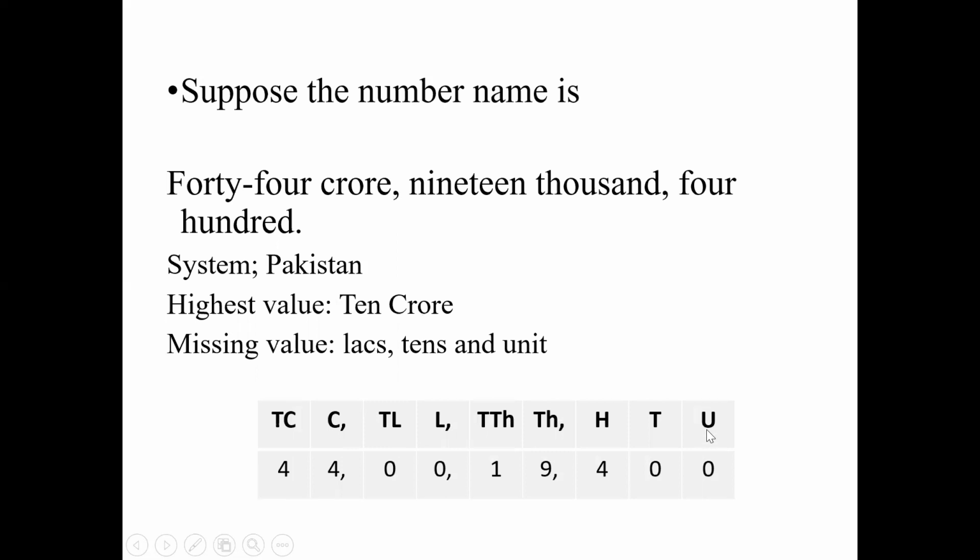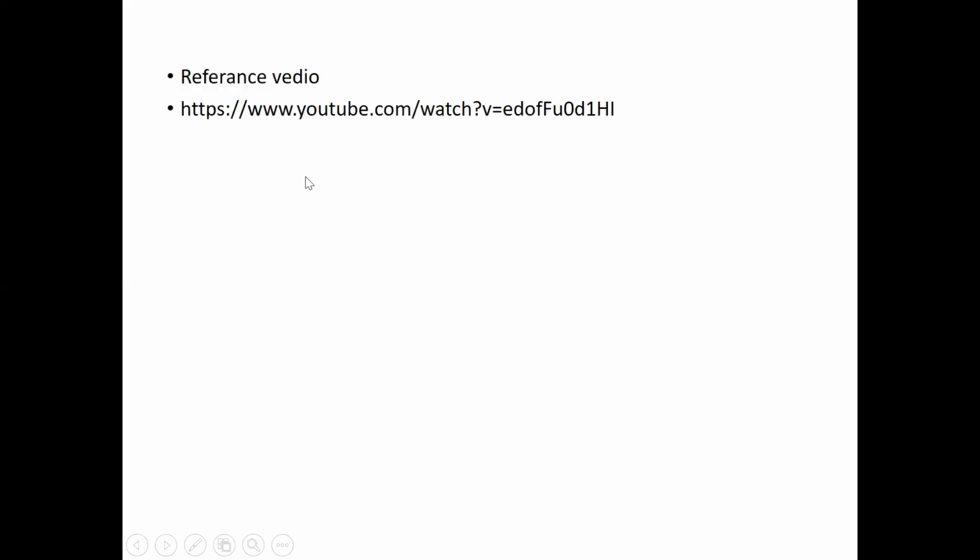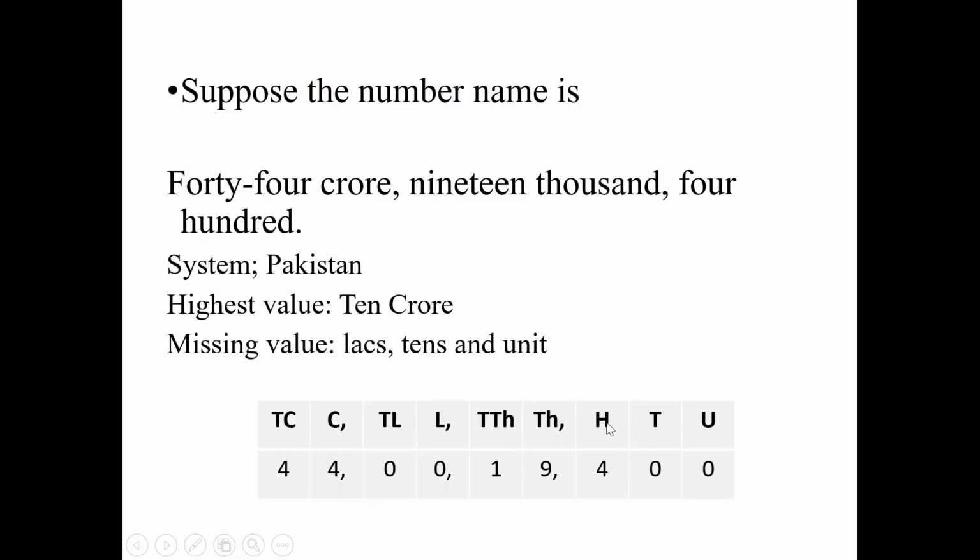So first do the placing from unit, tens, 100, thousand, 10,000, lakh, 10 lakh, crore, 10 crore. In the crore house, you will write down the number written before it, 44. The lakh house is locked. They are on vacation. So we will put zeros in the lakh house. In the thousand house, we will have the number 19. And then in the unit house, only 400. How would you write the 400? 400.